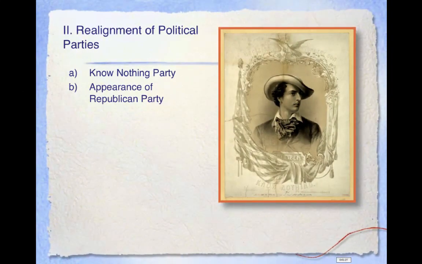A second party that grew out of the collapse of the Whigs is the Republican Party. Their platform focused on improving economic affairs. To do this, they favored giving land grants to people moving into Western territories. They also wanted to impose import tariffs or taxes to protect U.S. industries.